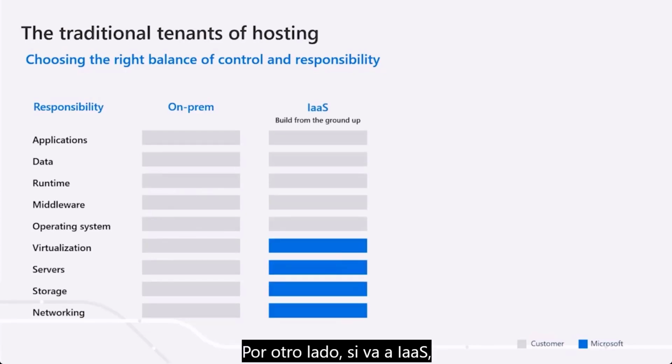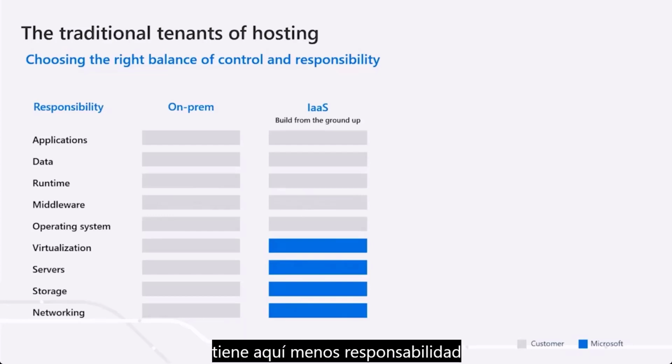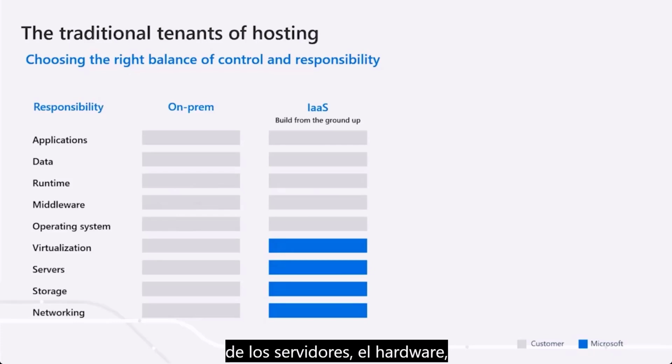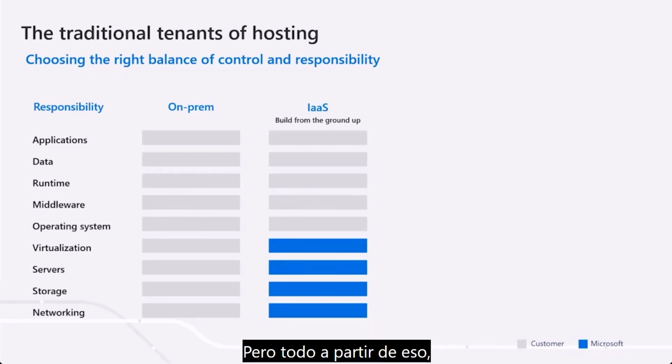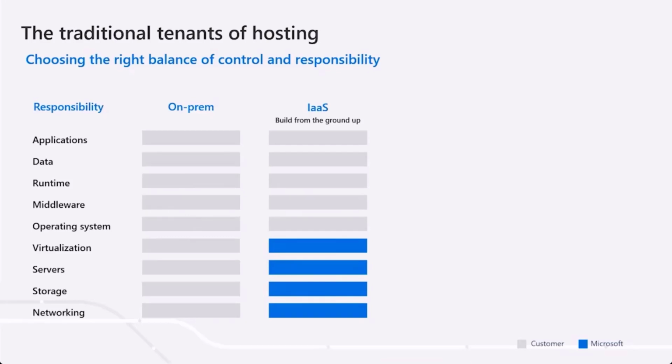On the other hand, if you go to IaaS, which is infrastructure as a service, virtual machines, then you have here less responsibility because Microsoft, the cloud provider, is going to take care of the servers, the hardware, of the storage, again, the hardware storage, the networking, as well as the virtualization system. But everything up from that, the operating system itself, etc., is going to be in your responsibility. So that's a lot of responsibility, and it's something that you need to consider,